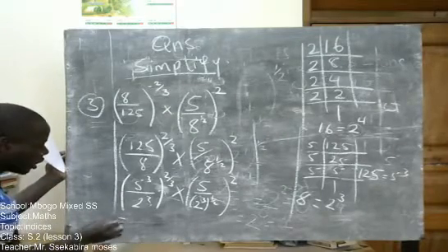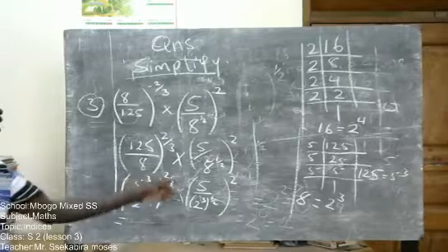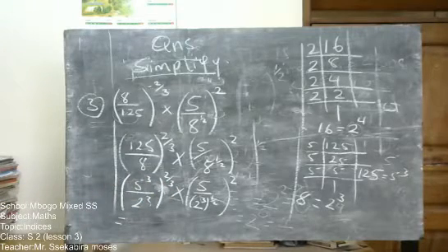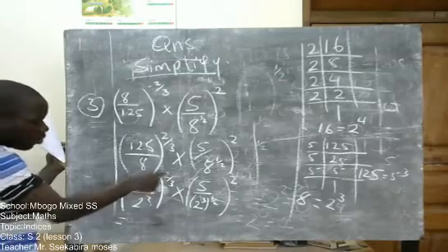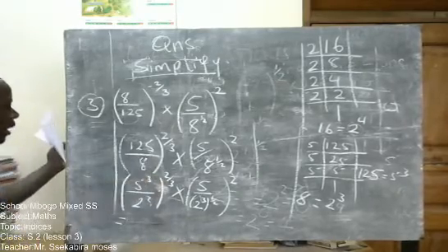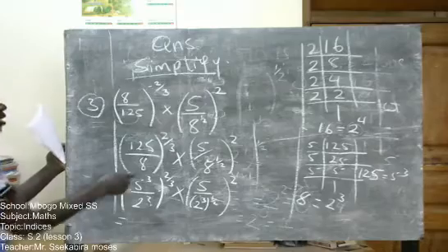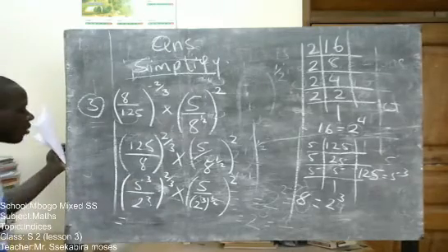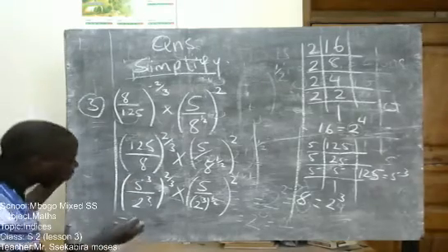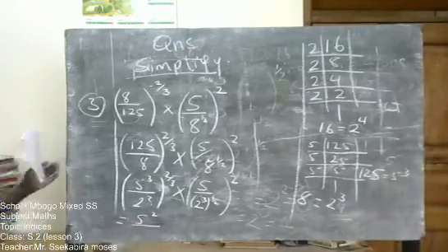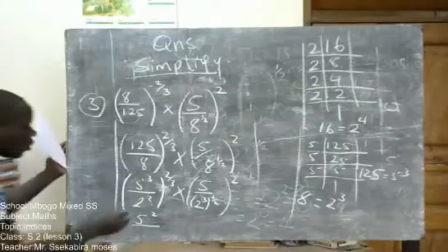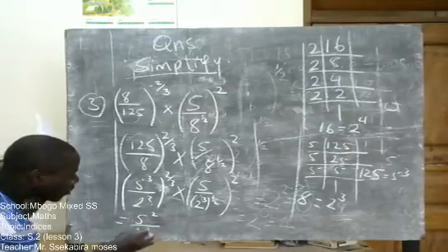The power is multiplied by the power. 3 times 2 out of 3, the power with the power. You are going to find that we have 5 to power 2 over 2 to power 2,